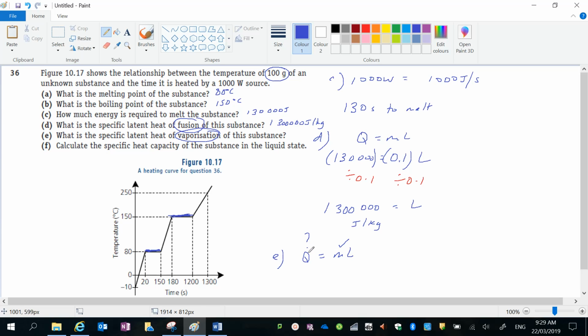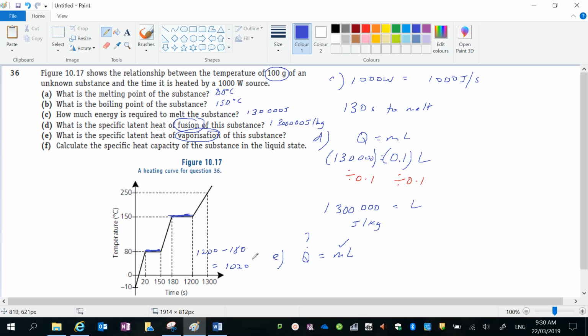We don't know the Q yet, but we can use the same process as in part C to find the energy required to boil this substance, because it started boiling at 180 seconds and finished boiling at 1200 seconds. So 1200 take away 180 equals